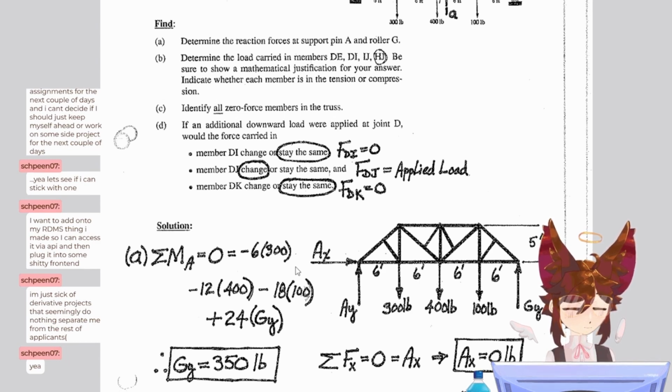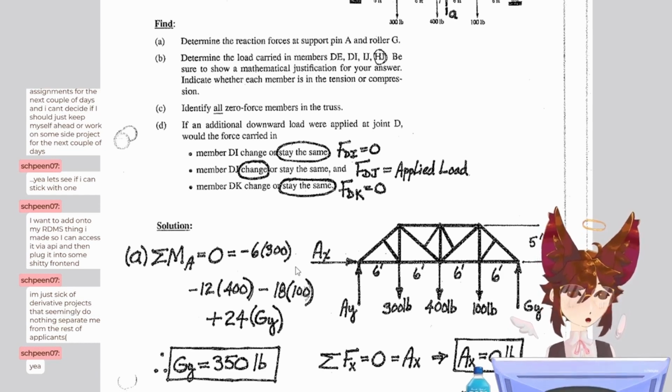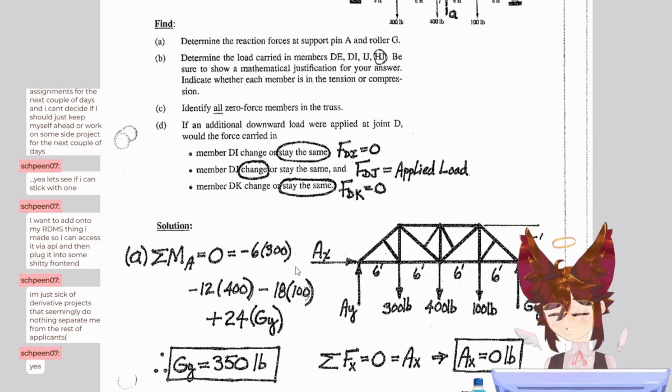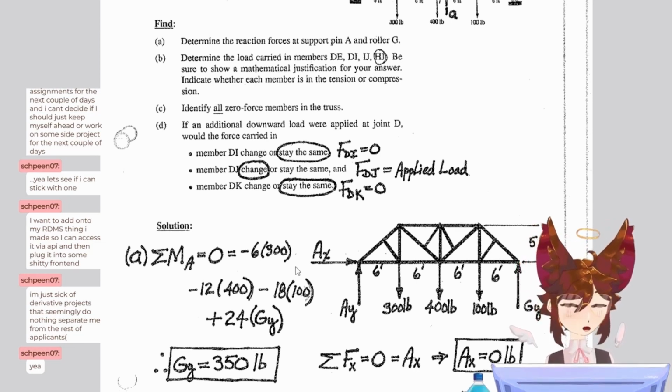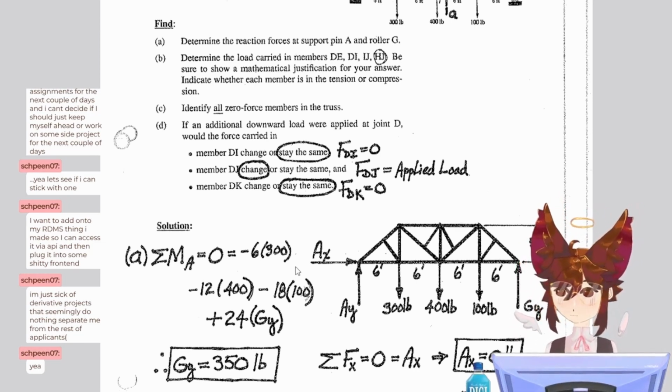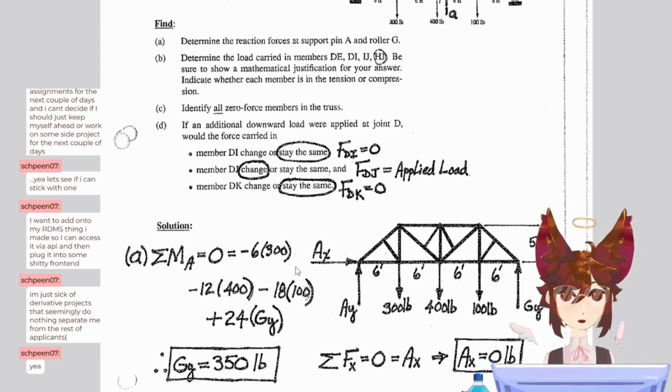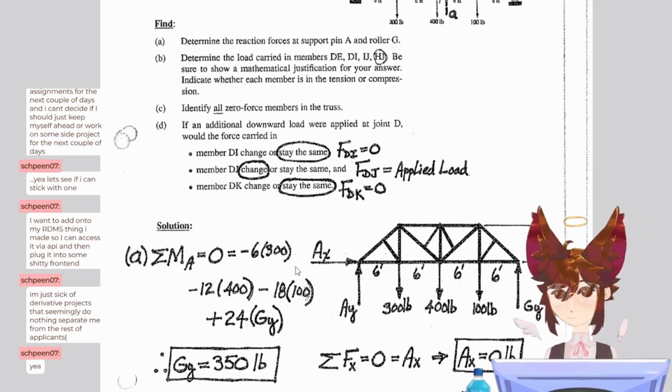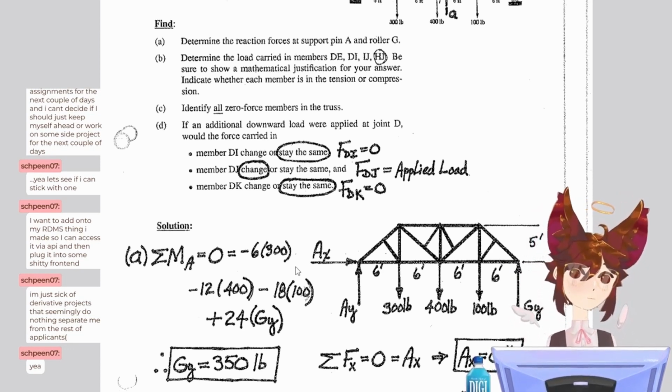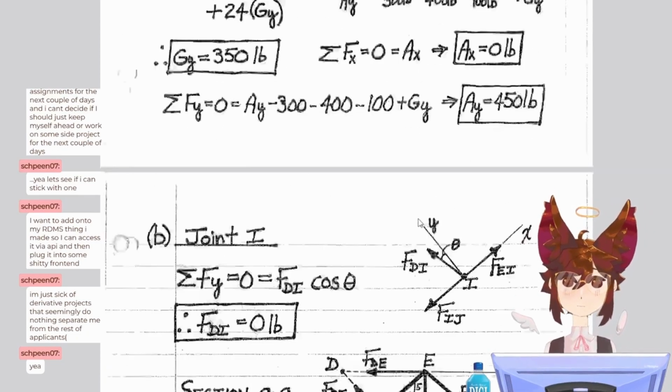to EQ sheet. I don't really like classes where they let you make your own equation sheet because I think this feels weird to me. I mean, I guess I like it for some things, but for statics, you don't really need one because there's only a couple equations for statics. It's kind of odd that you would want to make an equation sheet for it, I guess, but that's just me.